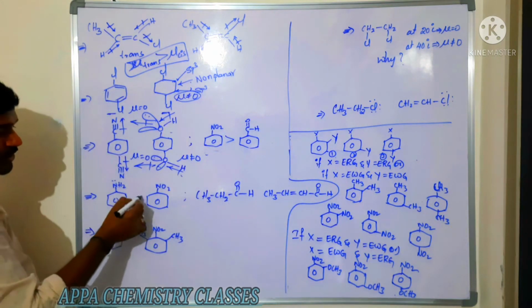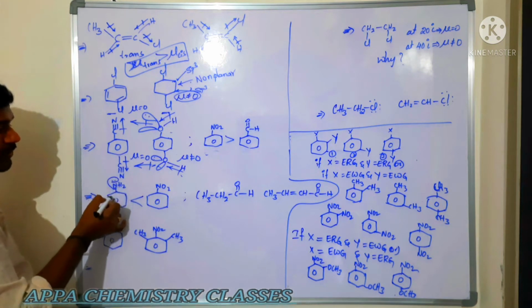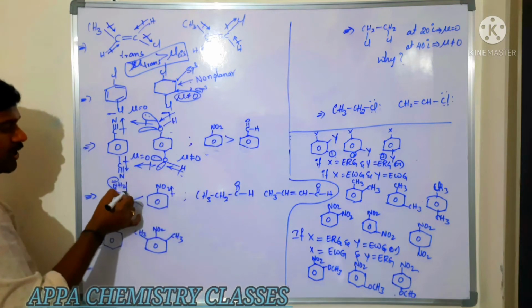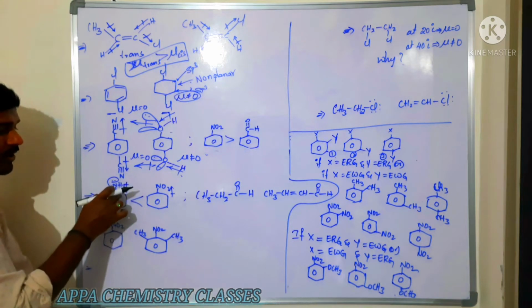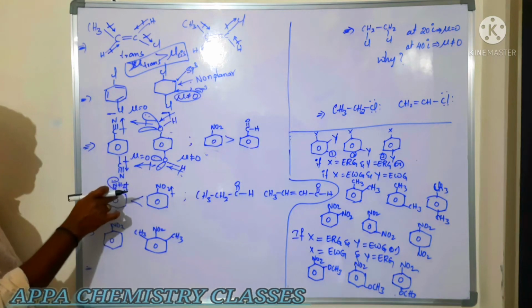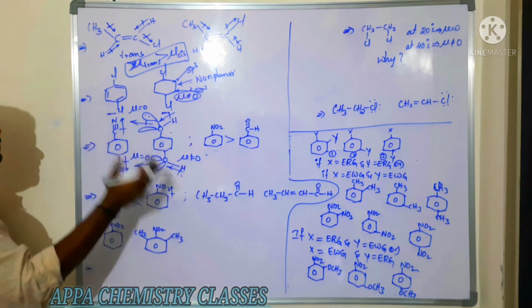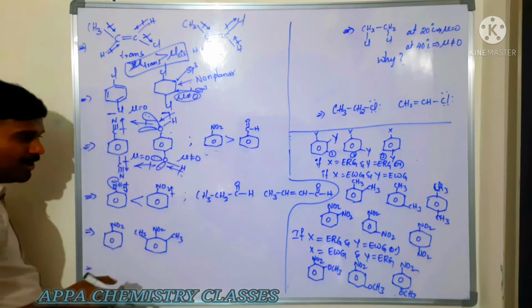Now among these two, which is having more dipole moment? This one, because here the electrons are involved in the resonance, whereas here the electrons are withdrawing. So electrons are going here. Then what happened? Those electrons are not free. That charge is not free. Here the charge is distributing inside. But what happens here? The charge is taken out. So when the charge is taken out, the distance increases. Then the dipole moment increases.